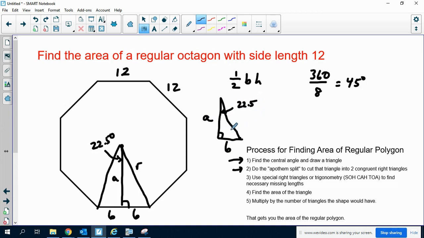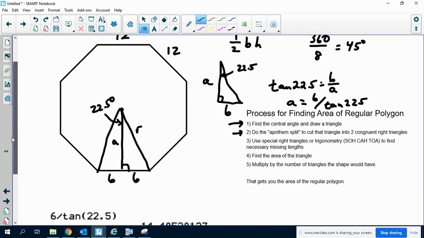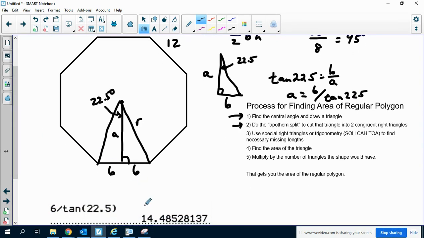So the tangent of 22.5 equals 6 over A. So in order to get A by itself, I multiply the A over and I divide by tangent of 22.5. So A equals 6 divided by tangent of 22.5. And then after that, it basically becomes typing stuff in the calculator. So 6 divided by the tangent of 22.5 means that A is equal to